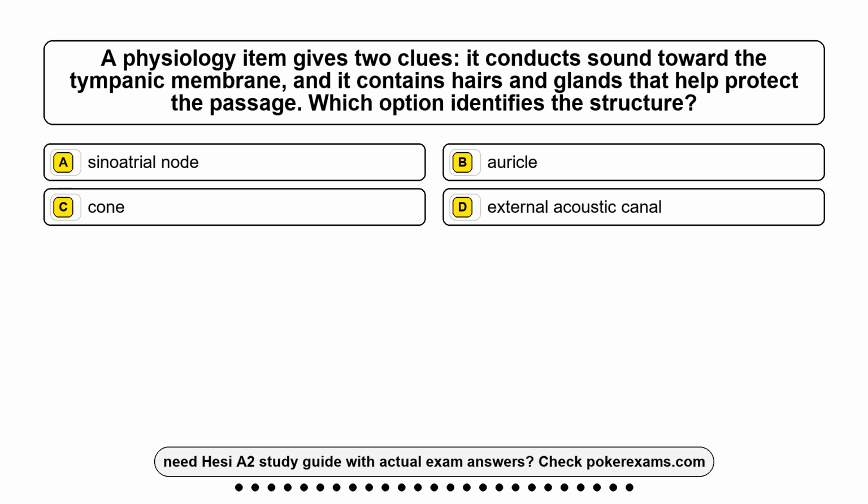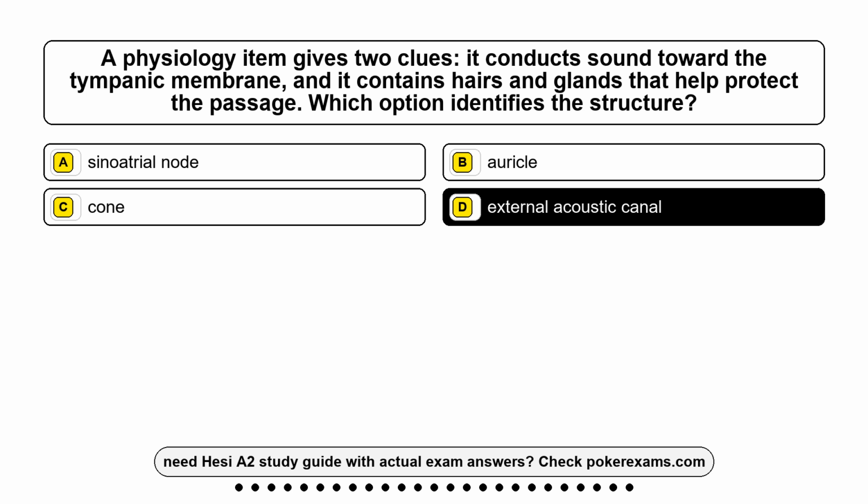Question 8. A physiology item gives 2 clues. It conducts sound toward the tympanic membrane, and it contains hairs and glands that help protect the passage. Which option identifies the structure? Option A, sinoatrial node. Option B, auricle. Option C, cone. Option D, external acoustic canal. The correct answer is option D,